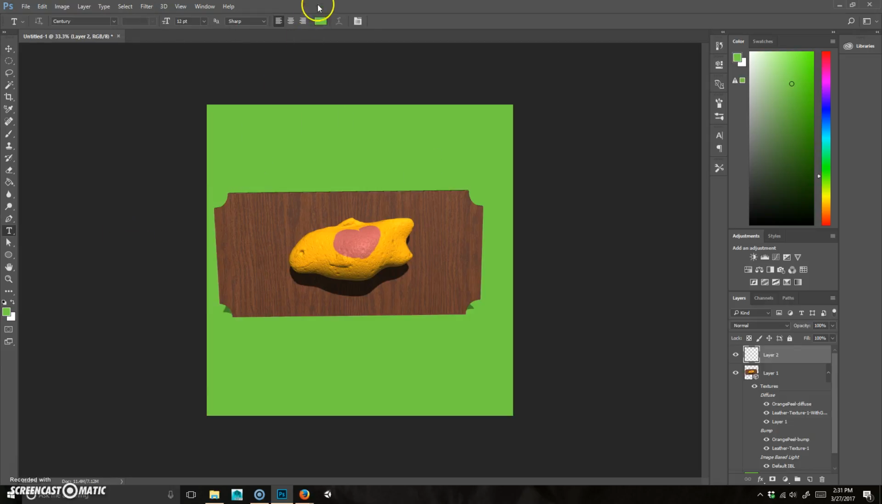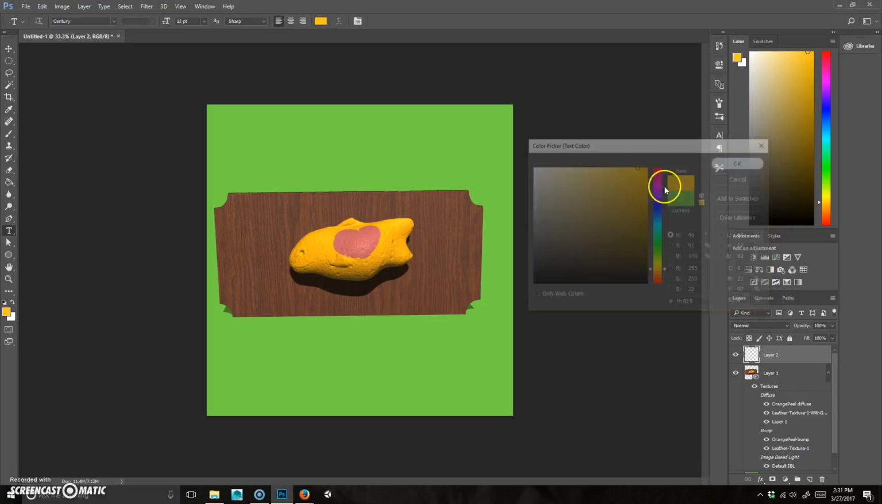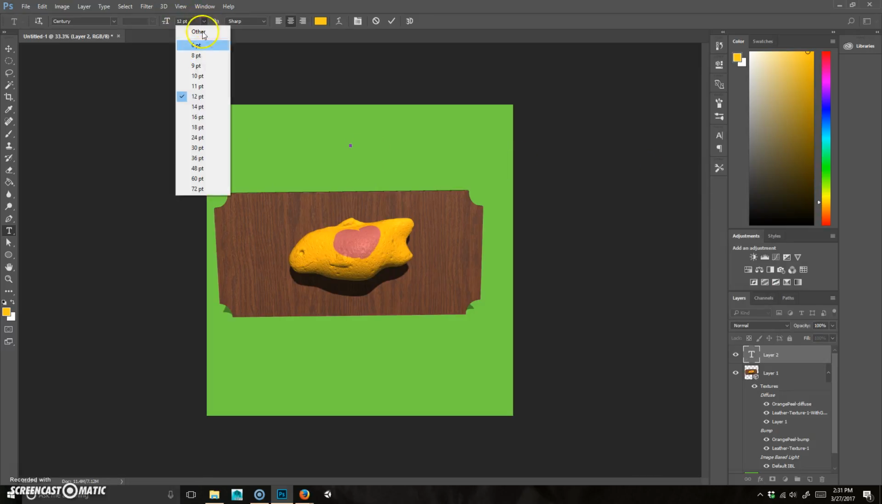All right, and I'm going to choose my color. A good idea generally is to sample colors in your image. So I'm going to go ahead and just sample this orange. Okay, that way it'll naturally match. Okay, and I'll do center alignment. And I'll change the size here to, let's say, 30. And I'm just going to write